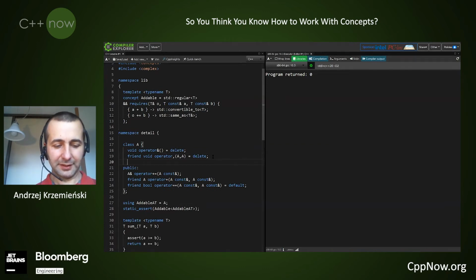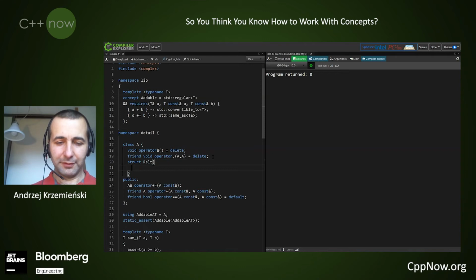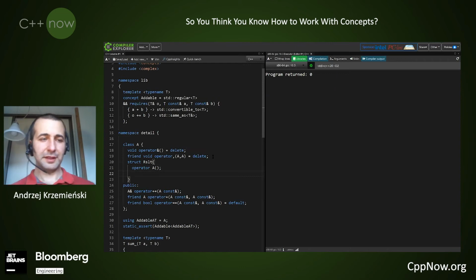Let's call it result. Or maybe make it public interface, whose only meaningful operation will be conversion to A. And it should not have anything else, so we have to repeat the exercise.